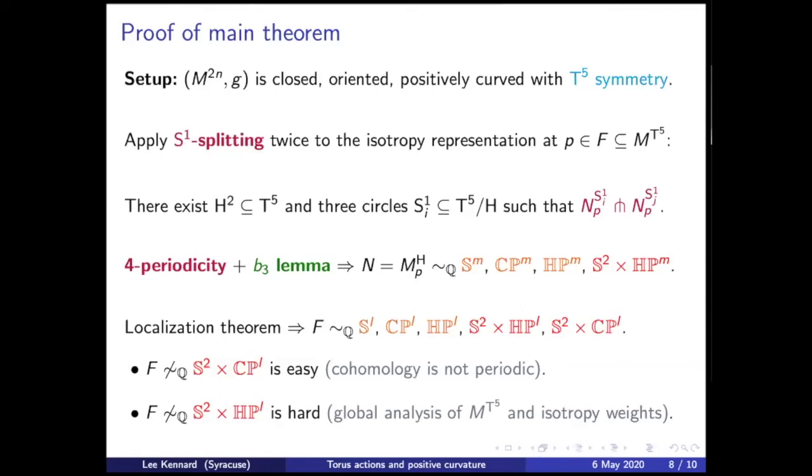Moreover, for this, we also use the splitting theorem again. So if you think about what the splitting theorem says, it's that if you restrict the action to N, there you have a T3 action left over, which splits as a product of circle actions. What this means is that the isotropy weights at F are very easy. There's just three of them, with multiplicities. So the point is, the circle splitting simplifies the information on the isotropy weights, and we relate those to the isotropy weights elsewhere. Again, this is not something I can summarize in a minute or two, but the point is we can roll that out.